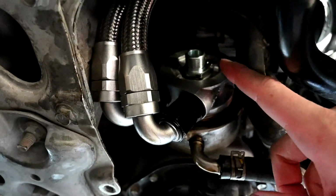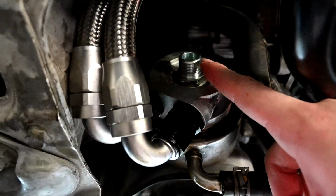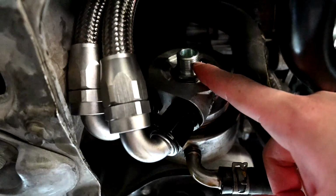Alright, so I think I might have actually done it right. As you can tell, I am absolutely drenched in sweat. I'm covered in oil. Yeah, it's been crazy, but let me just show you. Alright, so we got the sandwich plate mounted. This centerpiece is what holds it in. It's kind of like an extension of the actual threads that hold the oil filter on,